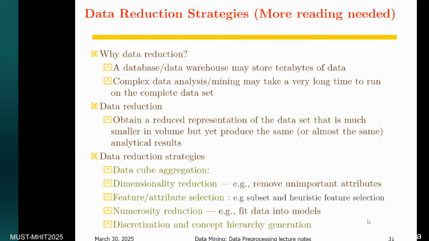And later on, this can take on another basis, for example a yearly basis, which is also possible. We call these hierarchy generation and discretization.